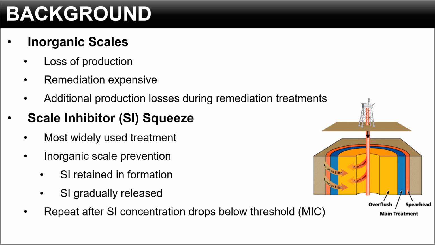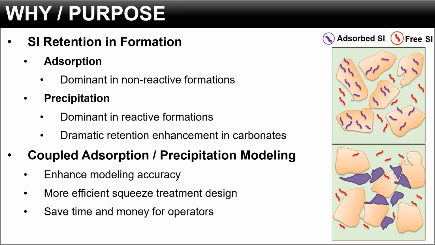Scale inhibitors can be squeezed into the formations and retained in the formation during the injection phase. After that, they can be released to the production stream during the production phase and maintain some level of scale inhibitor concentration in the production stream for a longer time, to prevent scale from building up in the production facilities and the formation. The scale inhibitor concentration in the production stream will decrease through time,